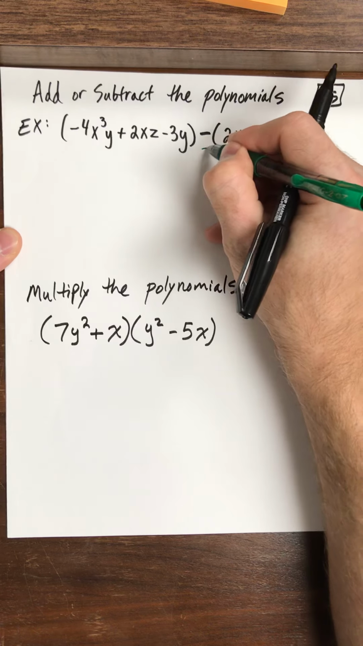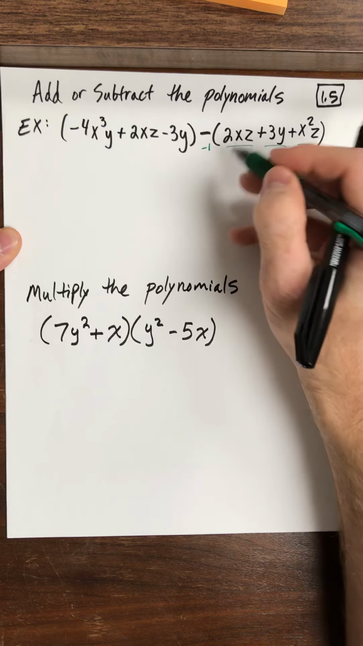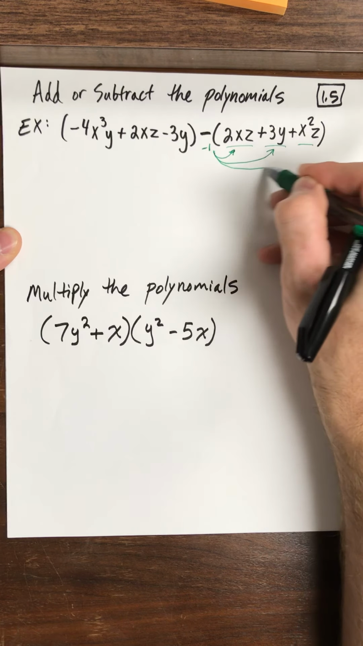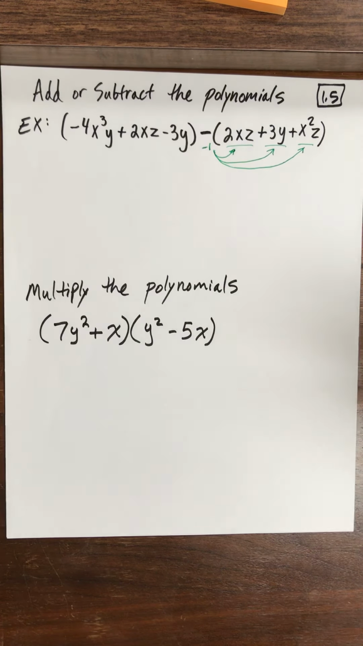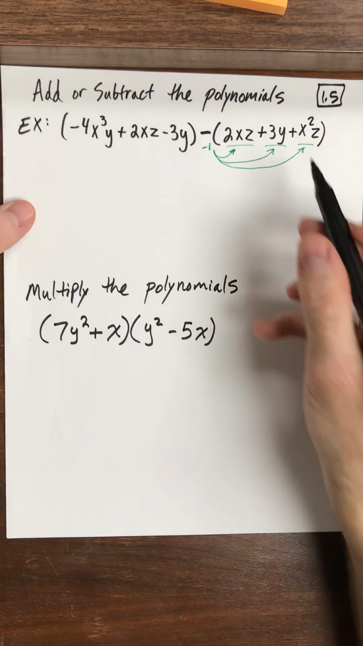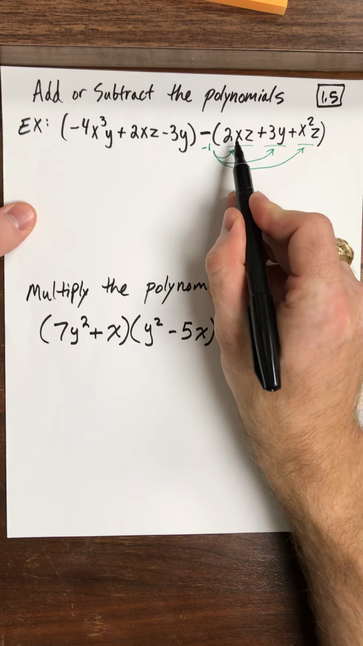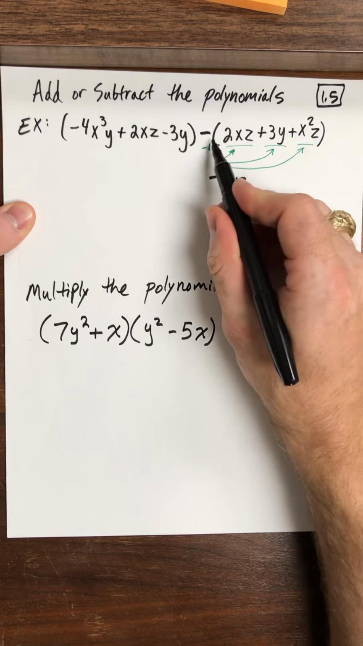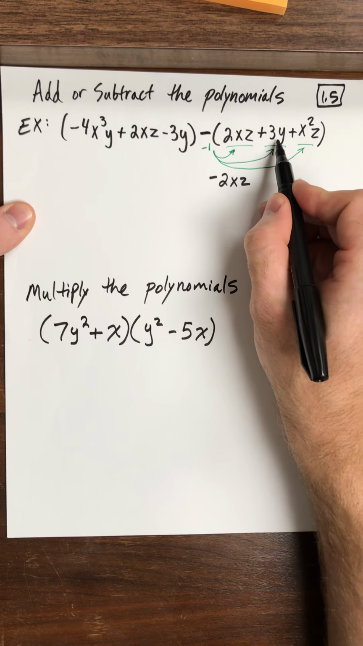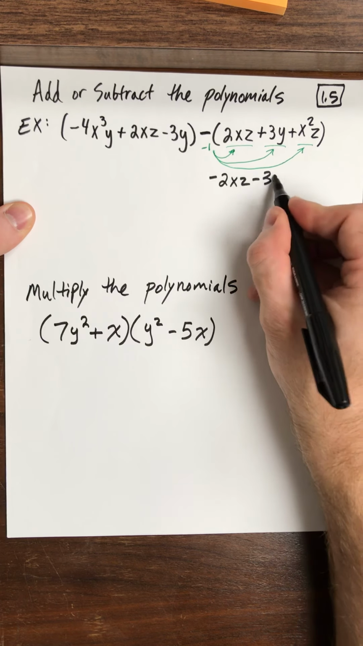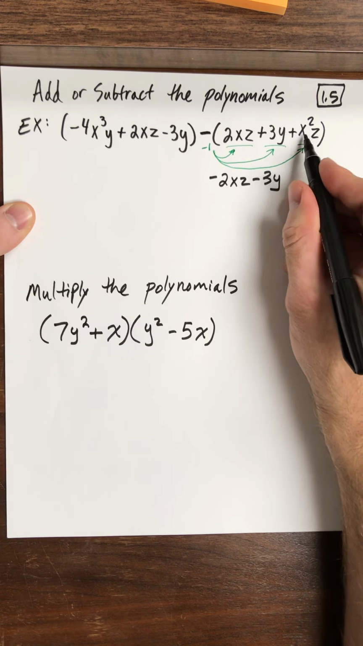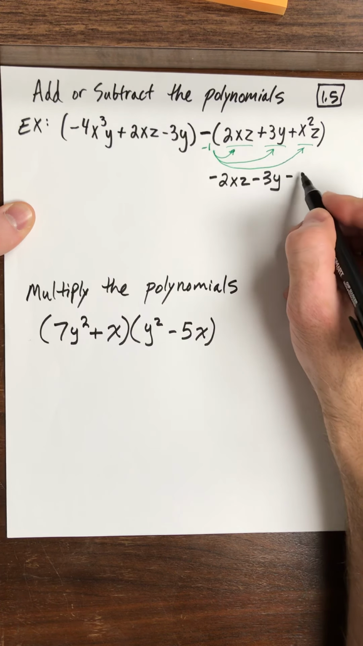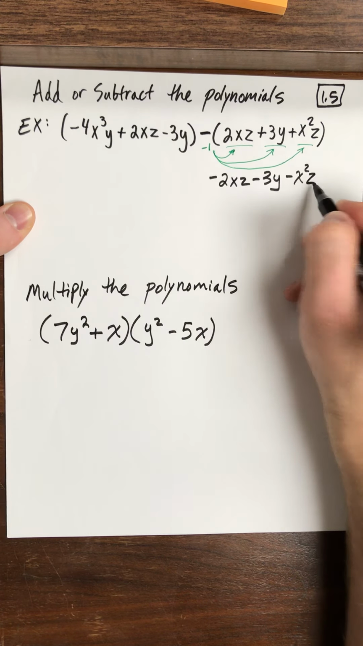It's like having a -1 on the outside of the parentheses. So we multiply each piece in here by -1, all right? When we do that, all we're doing basically is changing the sign. So this positive 2xz turns into minus 2xz. This positive 3y turns into minus 3y. And then this negative x squared z turns into, I'm sorry, this positive turns into a negative x squared z,